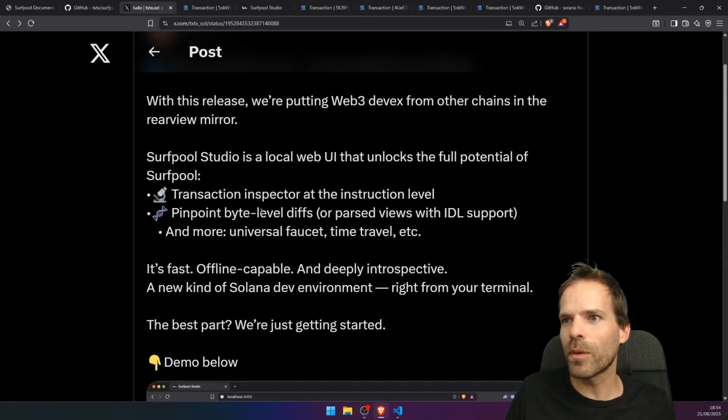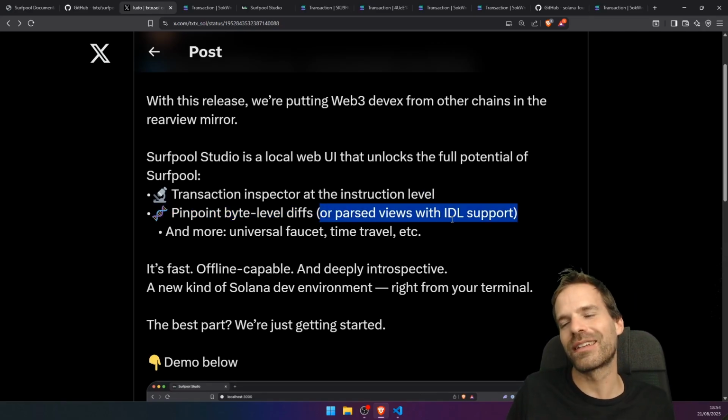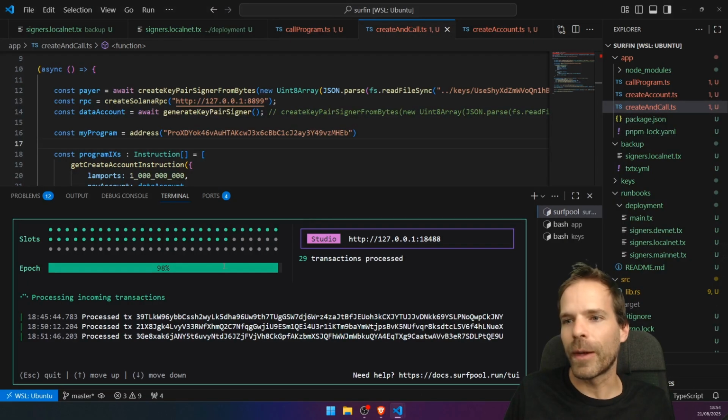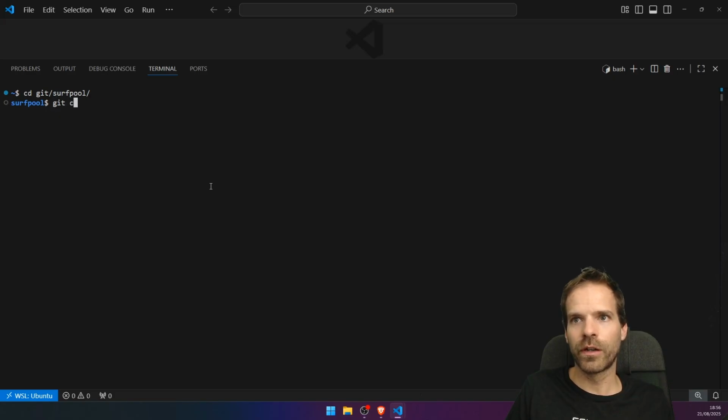What else did you promise that you can do now? Transaction inspector at instruction level? Yeah, okay, the Explorer can do that too. Okay, that I'm very interested in. Okay, I'm also interested in that, but more this. Anyway, we're going to Surfpool. We're gonna check out